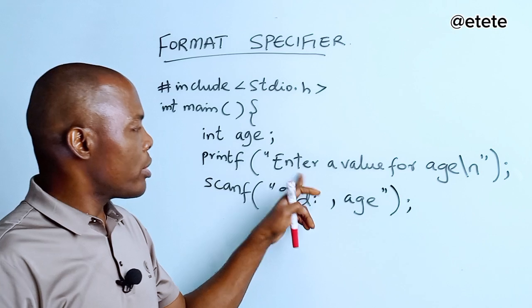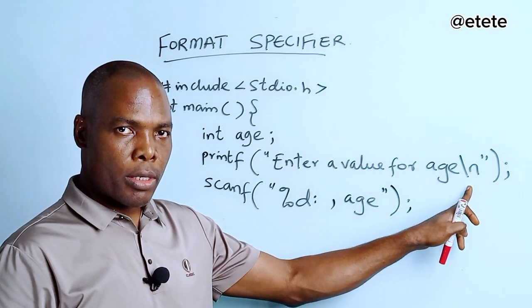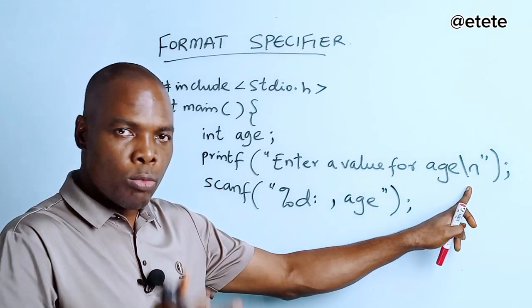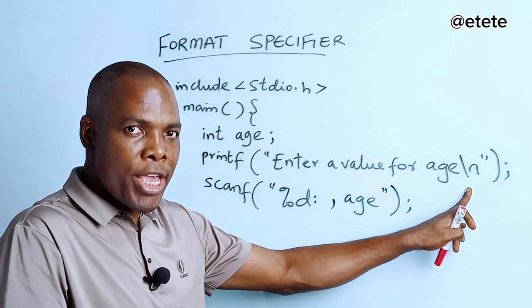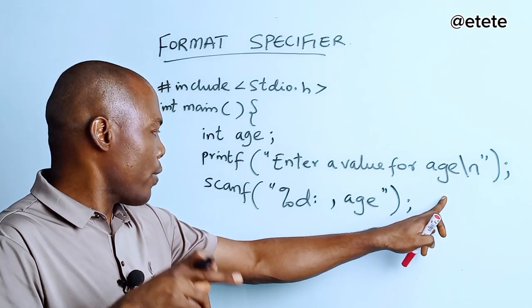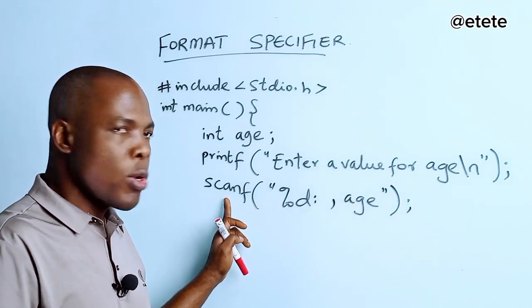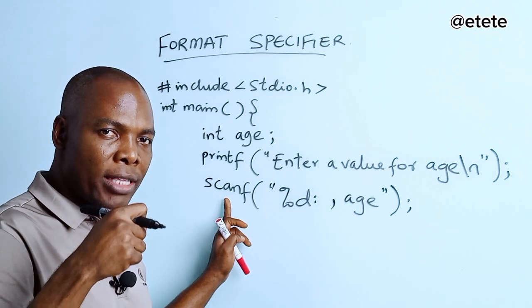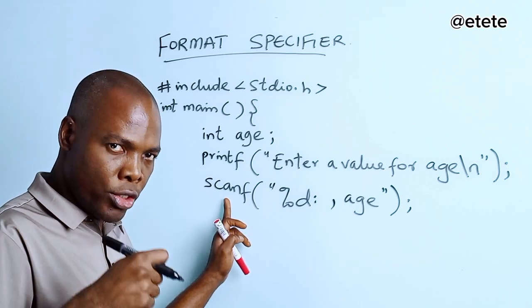So this will be printed out on the screen: "Enter a value for age." Then it will move to a new line. Then I will enter age. The moment I enter the value for age, this scanf will pick that value from the standard input stream, and